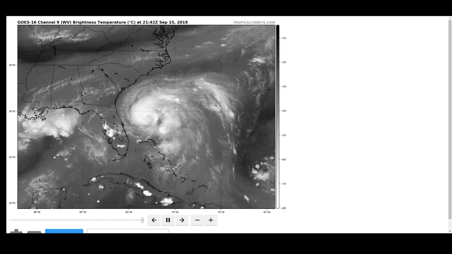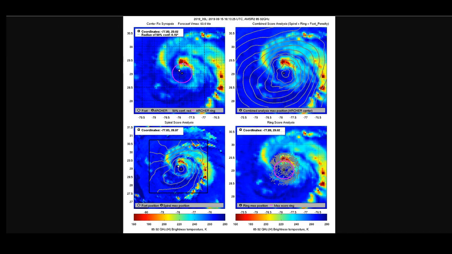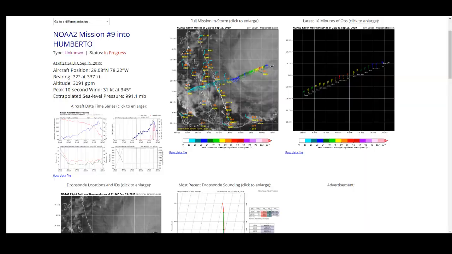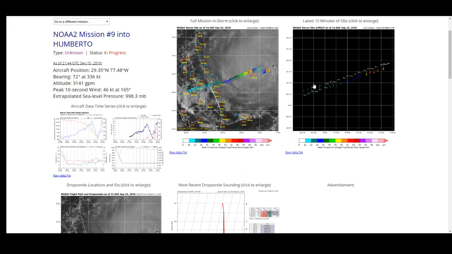And if you look at microwave imagery, you can see it's starting to develop an eye in here. You've got a very strong band of convection working its way around this gyre, this very large area of circulation. It's starting to tighten up a little bit, and you can see if we update the recon that the